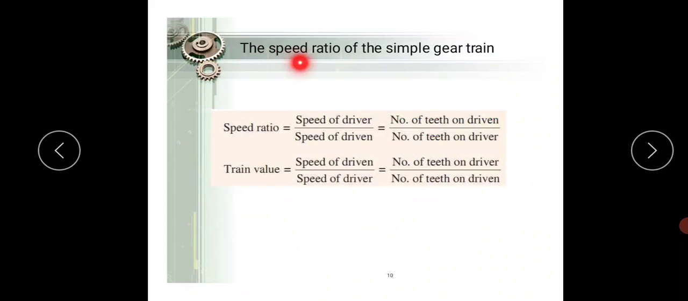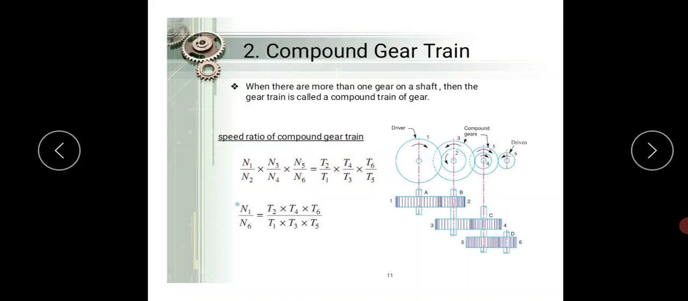Okay, this is the formula for the speed ratio of the simple gear train. The speed ratio is the ratio between the speed of the driver and the speed of the driven, which equals the number of teeth on the driven divided by the number of teeth on the driver. The train value is the ratio between the speed of the driven and the speed of the driver, which equals the number of teeth on the driver divided by the number of teeth on the driven. Okay, and then we see